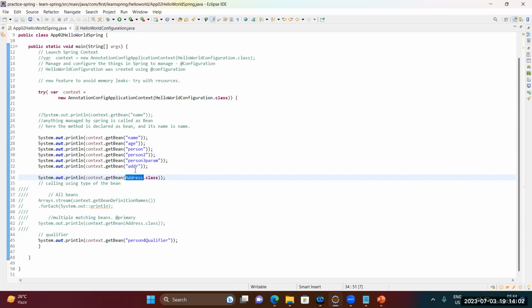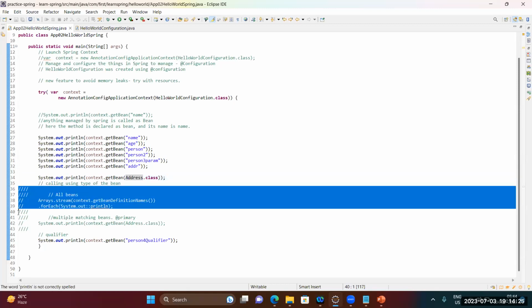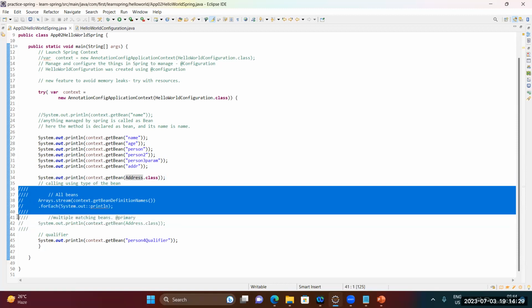Like, there are three beans, and among them one is primary and one has a qualifier. The primary one will be printed over here because Address.class has multiple beans. So the primary one will be printed in the log. Okay, so the next one is, if you want to see how many beans you have created in your project, it is very simple, you just need to,